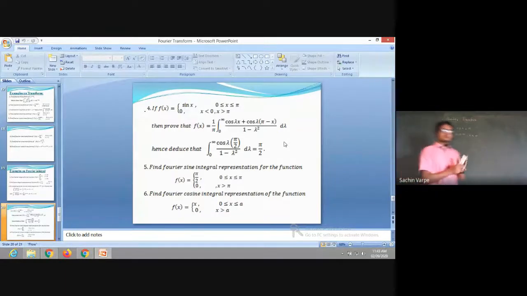If the given function is defined in the full range, and if we are able to find the nature of the function, then we can apply those subtypes, cosine and sine. But if the function is defined in full range, and if the given function is neither even nor odd, then we have only one option, that is the normal standard general Fourier transform and its integral, remember.